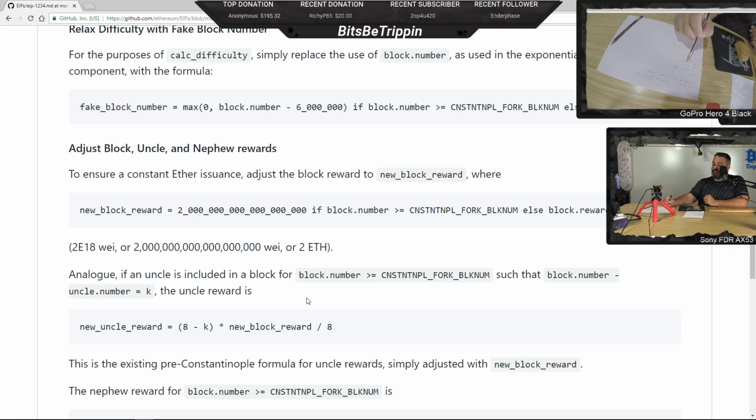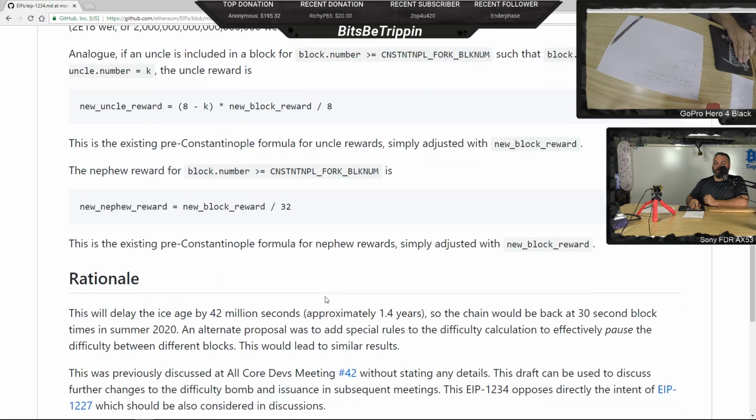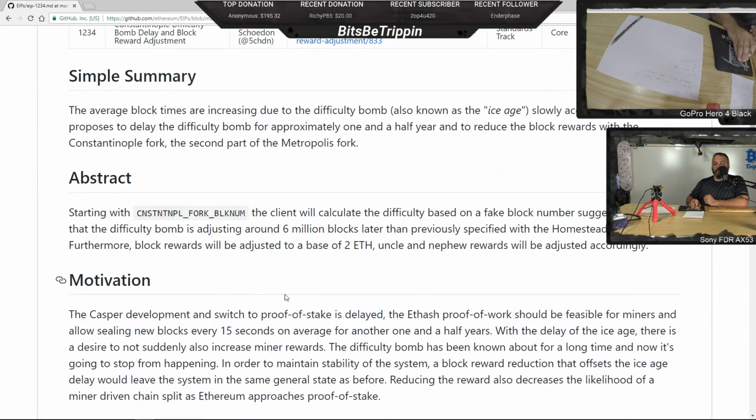So delay difficulty, adjust the uncles, and reduce their block reward from 3 to 2. That's what this is. And some of their basic motivation is to ensure the network stays at 15 seconds. That's part of what the difficulty delay is, or the difficulty bomb delay is. Right now, Ethereum, I don't want to say auto-magically, but the way it's designed, the way a lot of proof of work algorithms are designed based on their block time, it has a difficulty